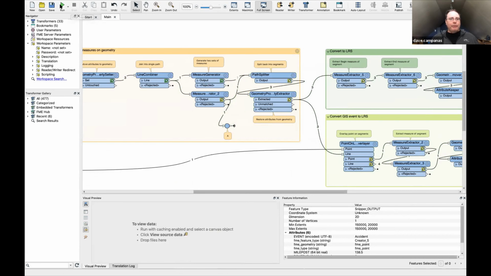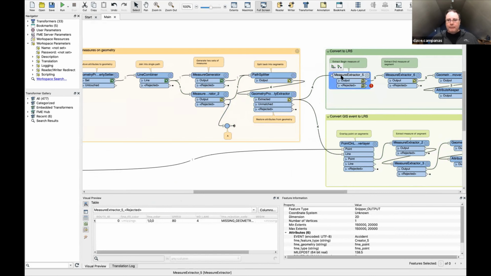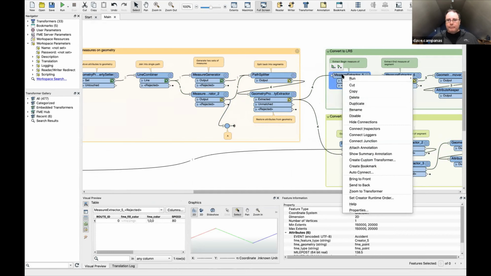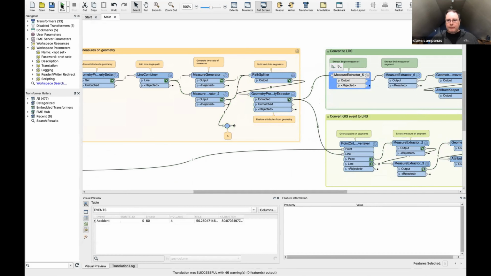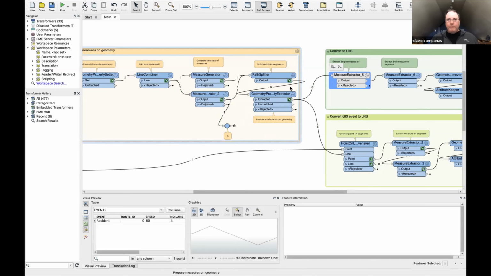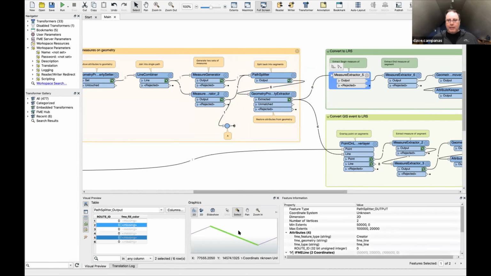So let's just run this quickly. Yeah, and it doesn't like that. Okay. Let's see if we can get this to work. Okay. So output of the path splitter, if we look at that, we have here, instead of one segment, we